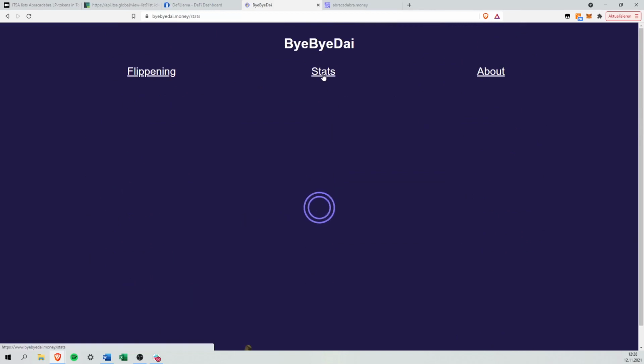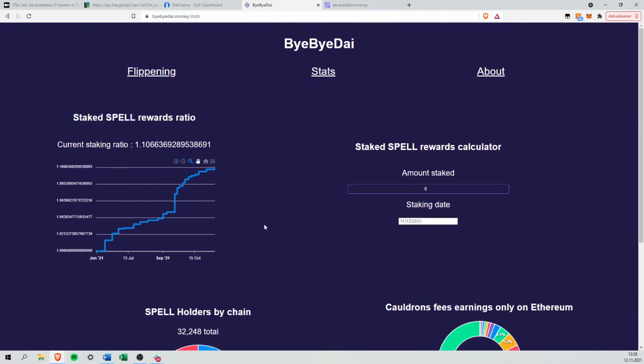If you now go a bit further on stats, I also like this page very much, because here you can see the buybacks, because the revenues that are generated by the use and by the borrowing of MIM, these fees are basically redistributed to the SBEL token holders. And for that, one of the developers, his name is Merlin, goes to the open market, and with these fees he basically buys back SBEL from the open market and then deposits it back to the SBEL token holders. And then you can see basically on a weekly basis how the ratio of SBEL in regard to SBEL is